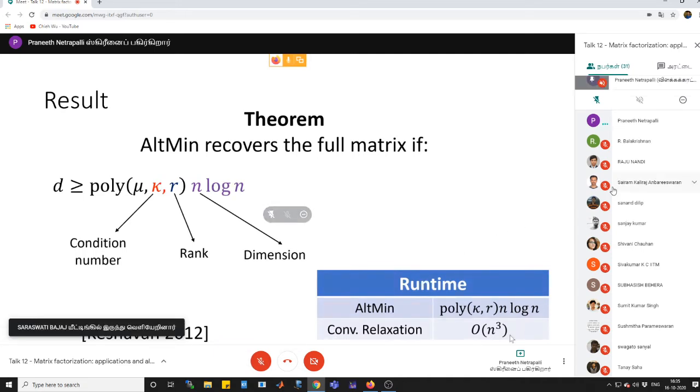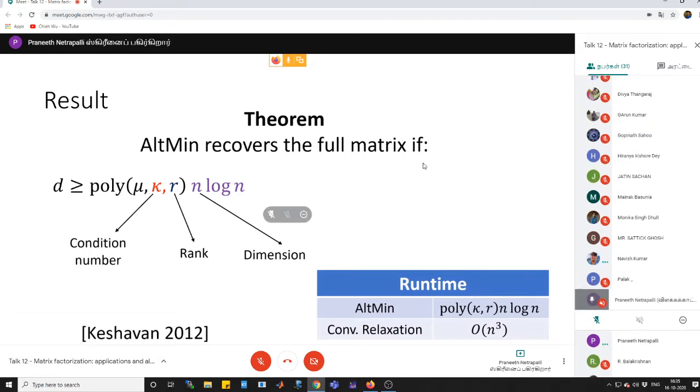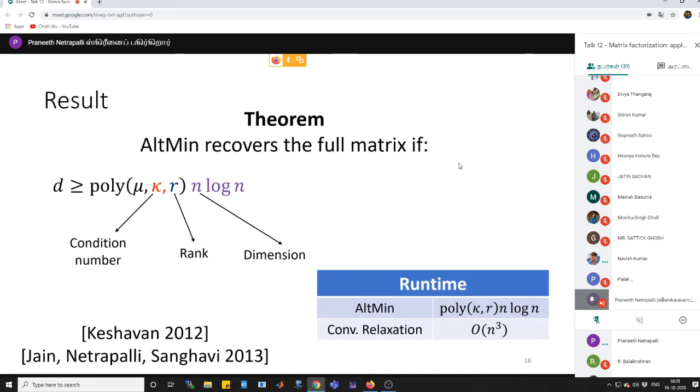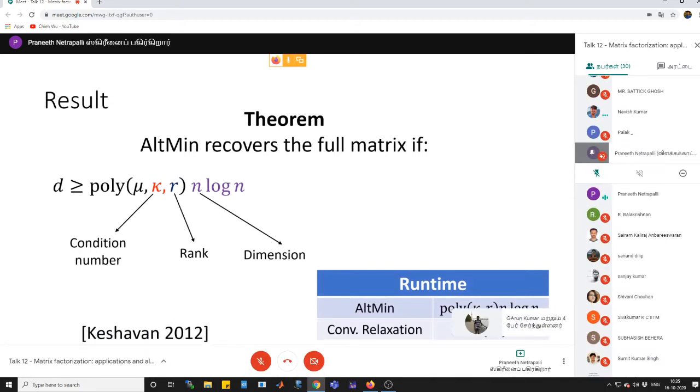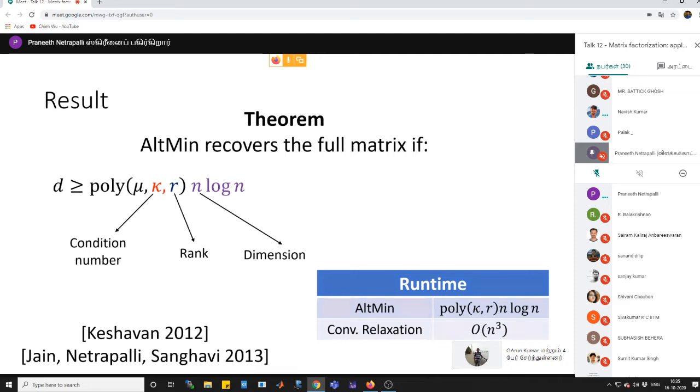I have a question. Yeah. Do these results also hold in online settings, like when the matrix is changing incrementally, let's say? No. There are some results on online matrix completion, but in general I don't think there are very strong results for the online setting. This result is only for the statistical setting where there is a fixed matrix and you are observing entries from the same matrix. Okay, cool. Thank you.